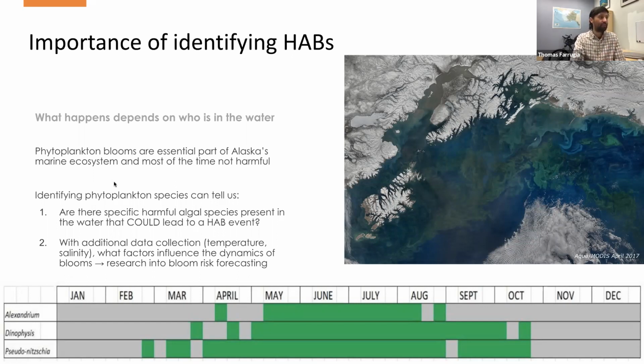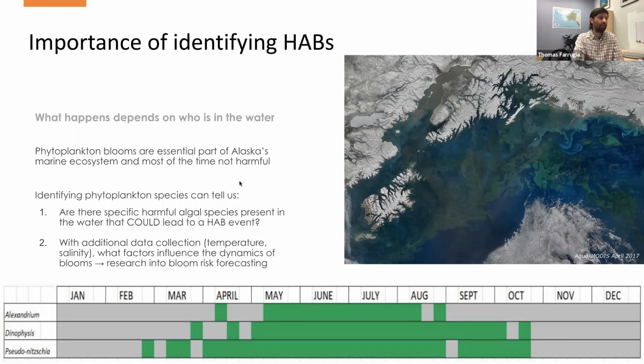a species. But like I said, phytoplankton are an important part of Alaska's marine ecosystem, and identifying what is blooming can tell us whether or not it's a harmful bloom or not. But also within a harmful bloom, it could tell us, if there's that specific species in the water, what we might expect, what kind of warning we might want to give to people and to fishers and